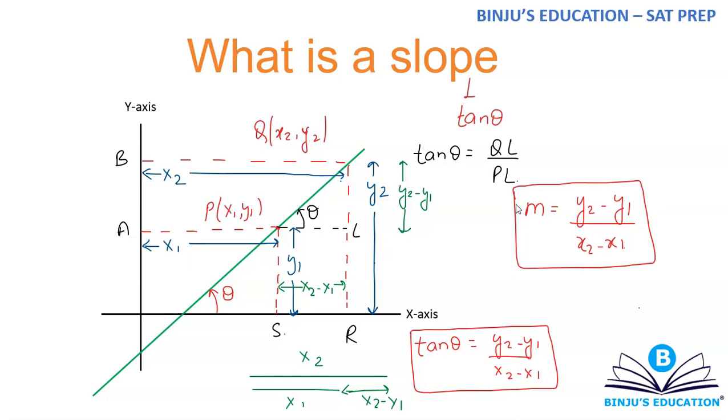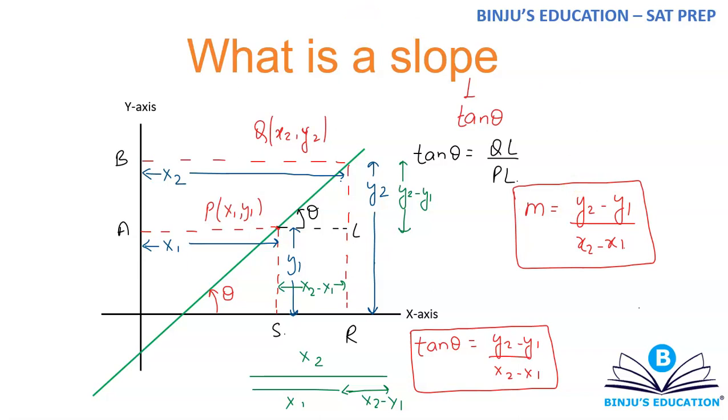So we are trying to find out an alternate way, because we don't go into thetas when you talk about coordinate geometry. So from now on, we will represent slope in coordinate geometry as y2 minus y1 divided by x2 minus x1. So tan theta or y2 minus y1 divided by x2 minus x1. We will understand both of them parallelly so that you understand how things actually happen rather than simply memorizing them.